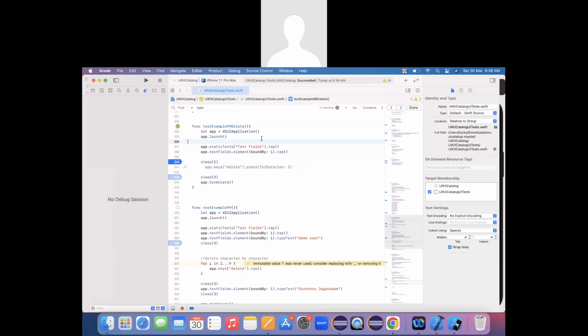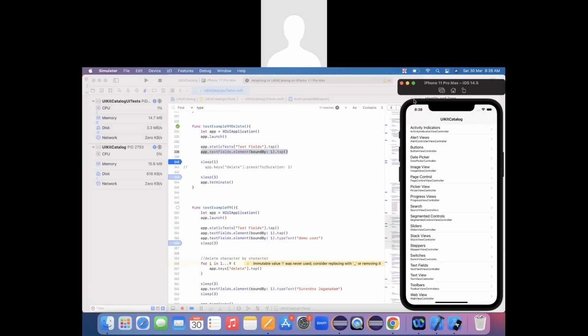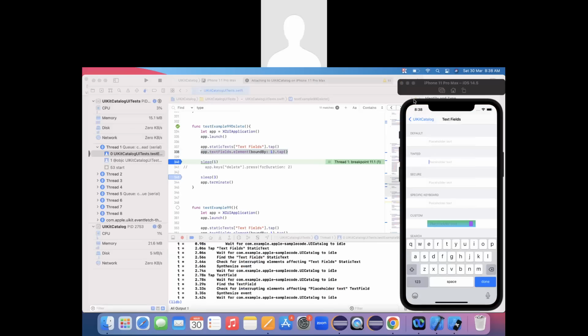Okay, so I want to launch an app. I want to click on the desired text field on which I want to perform the operations. Let us see this execution. And it performed a tap operation on the text field. That's the reason the keypad is being populated. Now I am using